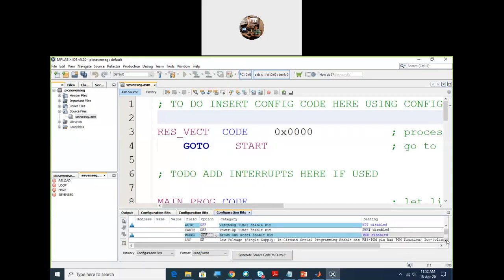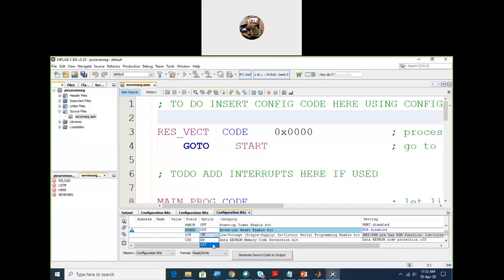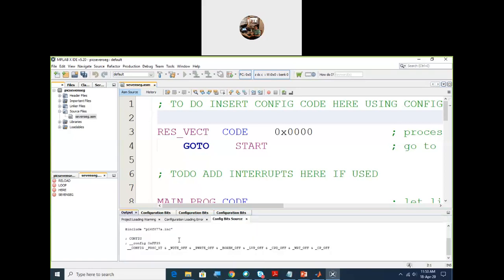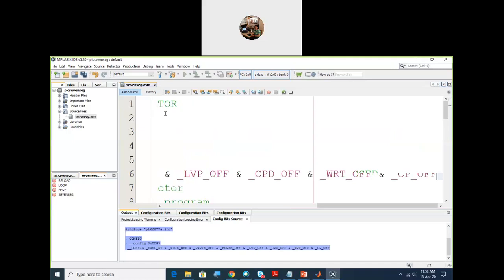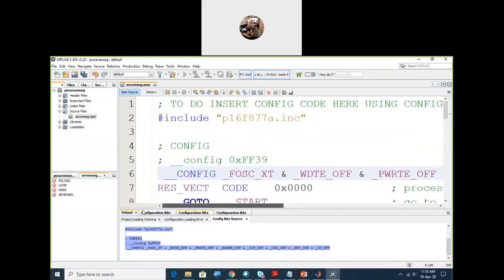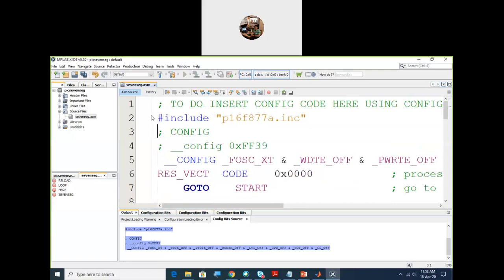Then click on generate source code, and you will get this particular code. Make a copy of it and paste it here. This is something you were having initially also. So this is how you can deal with the configuration word. Are you getting this, how to add the configuration word to your program?